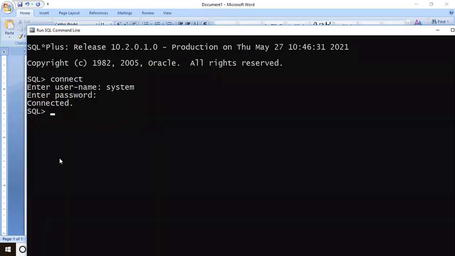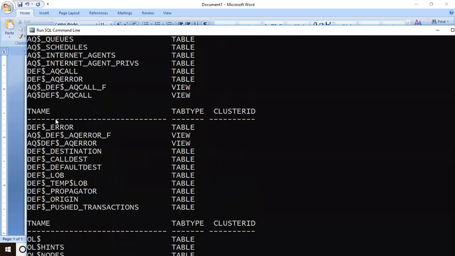Now let me demonstrate the same thing here. But before that, normally when Oracle is installed, there may be tables already created in the last semester, and Oracle will not allow you to create a table with the same name. So to know the existing tables in your PC, all of you take down this command somewhere. You give this command, select star from tab. This will give you a list of tables.